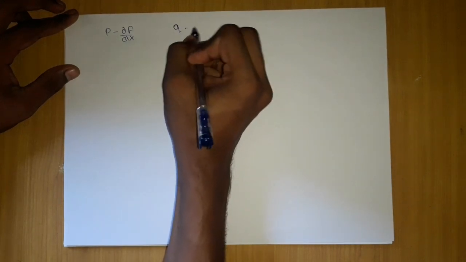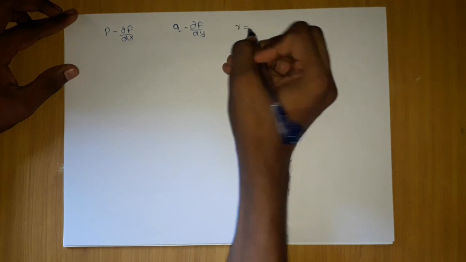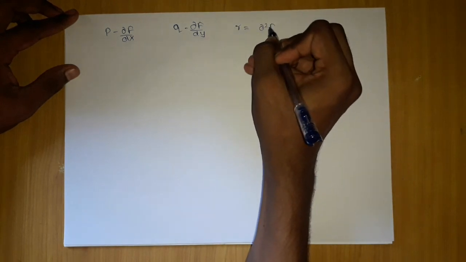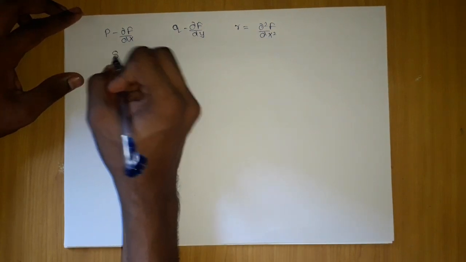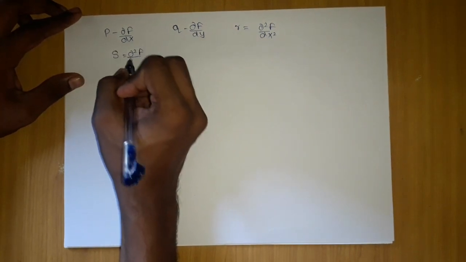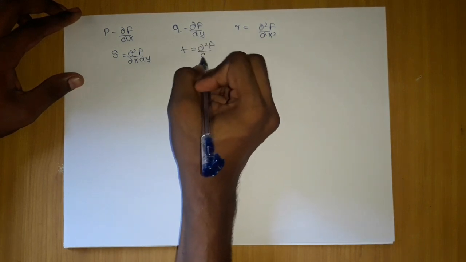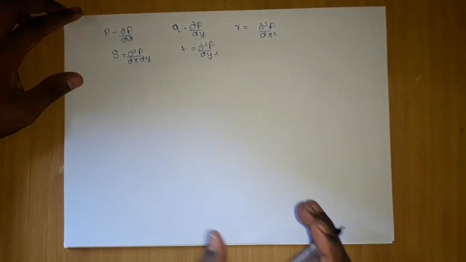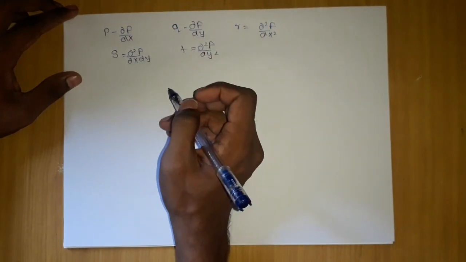We will call Q as dou f by dou y. We will call R as dou square f by dou x square. We will call S as dou square f by dou x dou y, and T as dou square f by dou y square. So you have to keep these F, P, Q, R, S, T in your mind,